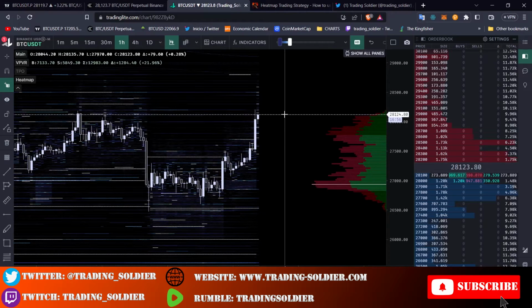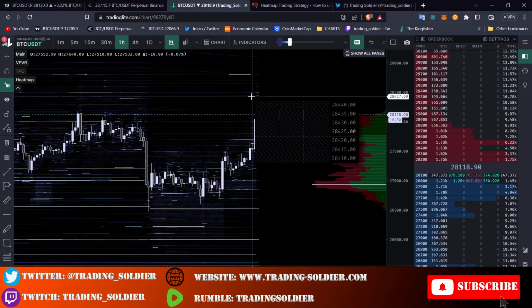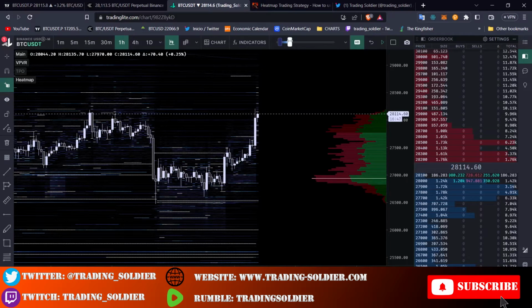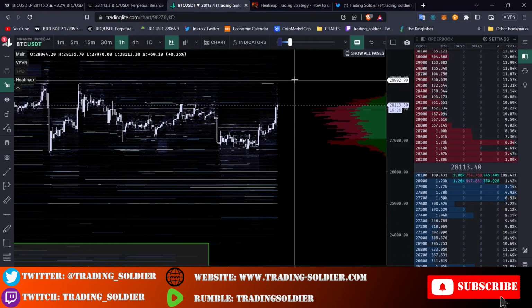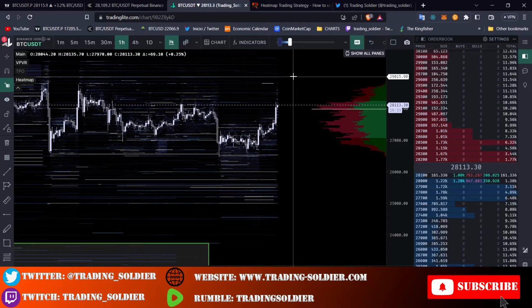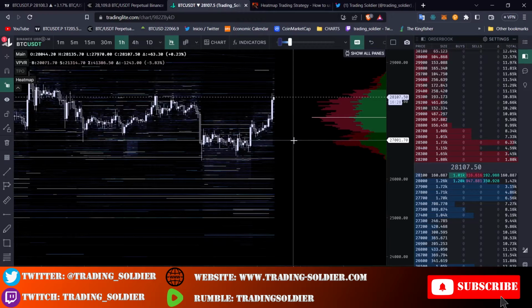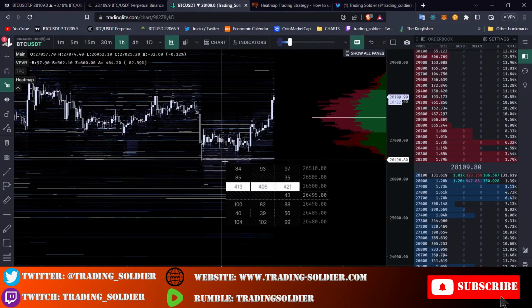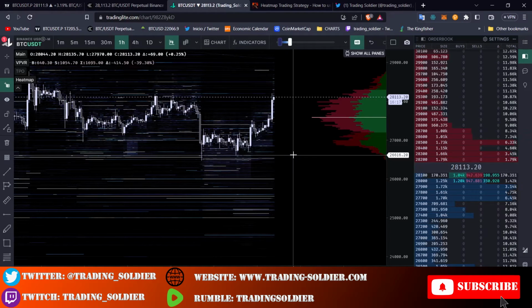Well, now you know how to implement the heat map in TradingLite. You know more or less the basics, how to avoid the noise here on the heat map. Now I'm going to try to explain how to trade with the heat map, how to interpret this information and how to implement it in your trading strategy. For what I've said, using TradingLite, and since I am using the heat maps, these lines, the buy orders, also called the bids, often act as